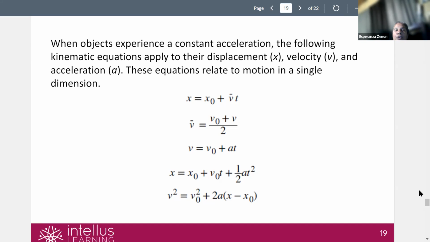Now, you might be looking at these equations going like, yeah, right. You expect me to use that? No, not really. I expect you to know what they are. These are called the kinematic equations of motion. And they only work if the object is moving in one direction, one dimension, with a constant acceleration. Okay. But we'll see here